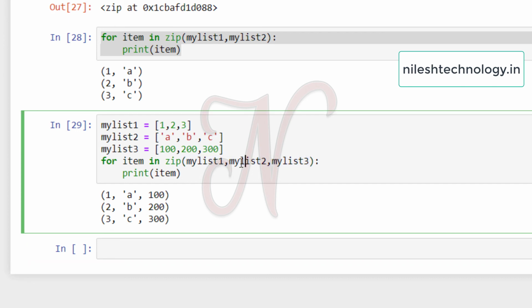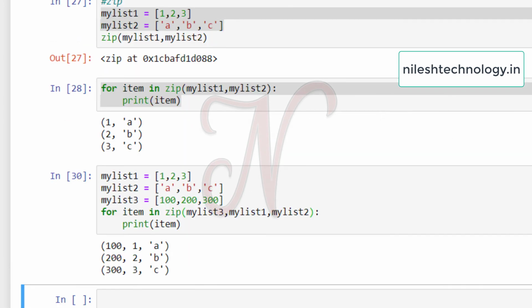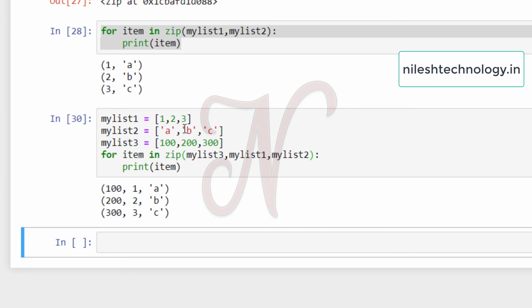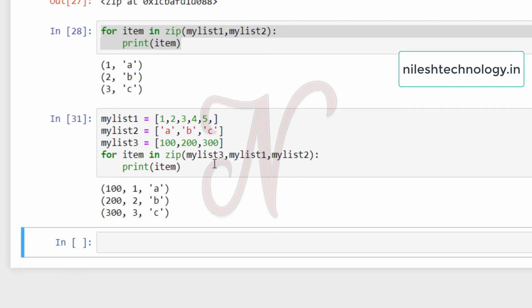So order is very important. If you pass 3, 1, 2, then output is that 100 1A, 200 2B. Okay, and next one is that if the lengths are not the same, see here 2, 3, 4, 5. Okay, then these are the three items. See here, shift enter. So 100 1A, 200 2B.